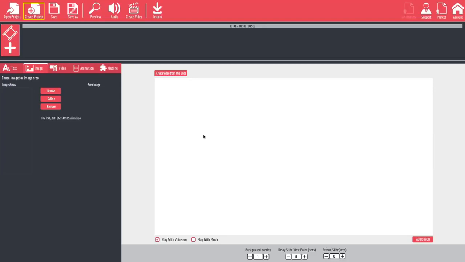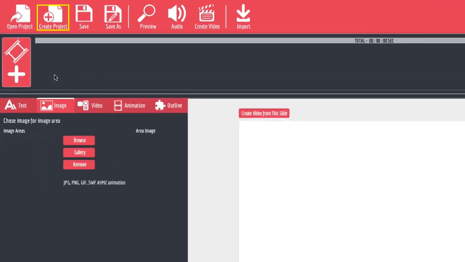Now if you're not familiar with Explaindio, what it essentially is, is a video creation tool that allows you to create explainer style videos, import your own video into the projects, and also do whiteboard animations, all in one easy to use product. Now, as you can see here, this is the main screen for Explaindio, and across the top you